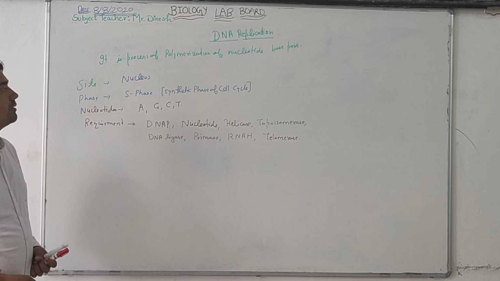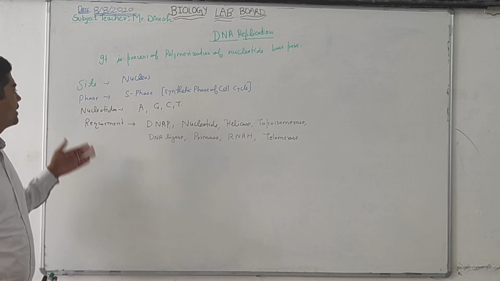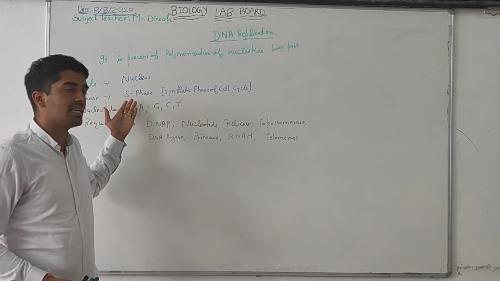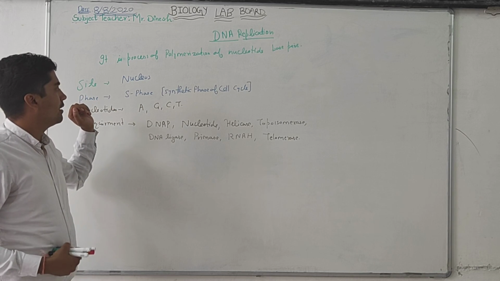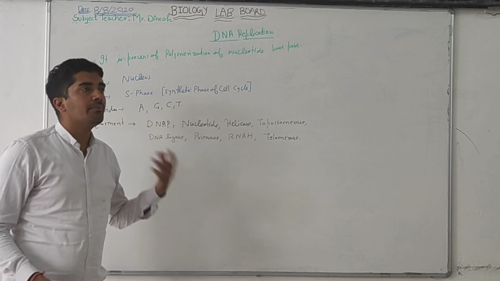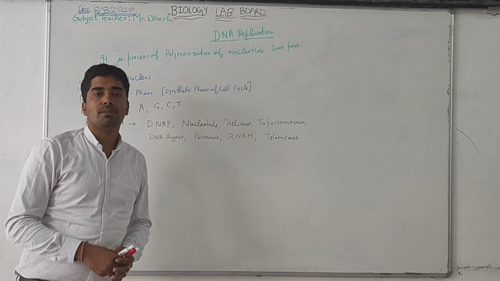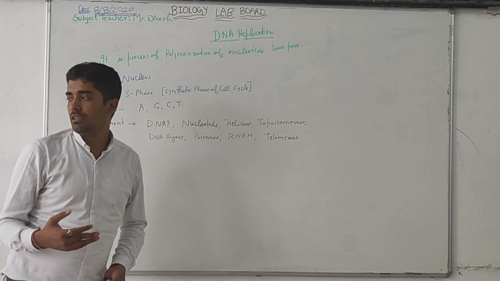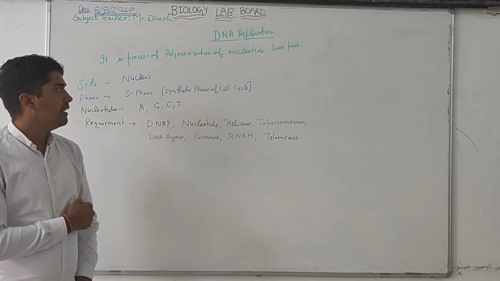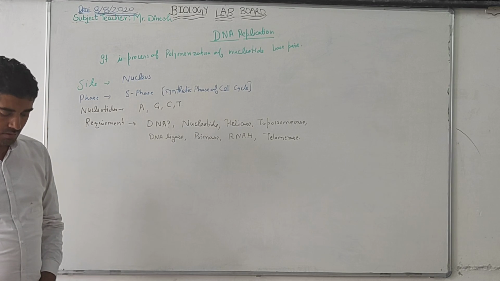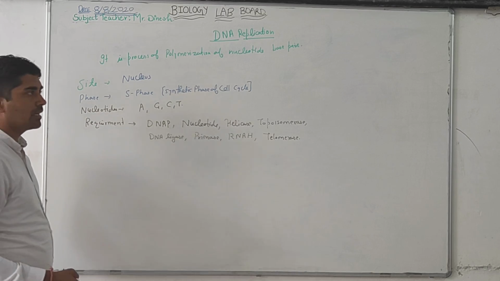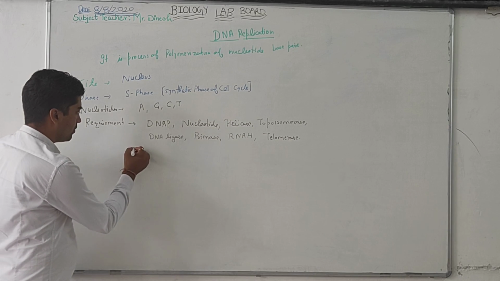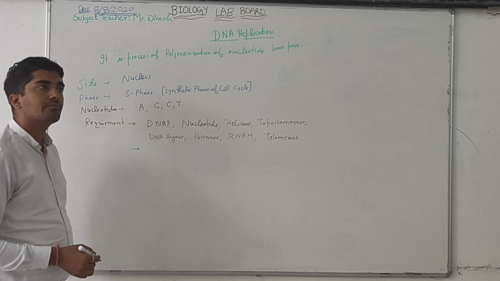These are the basic requirements of DNA replication. So we have seen that it takes place in the S phase of the cell cycle, and the site is the nucleus. Why does it take place? It takes place to make the next progeny or any other progeny in the next cycle. So let's look at the process, but before this I would like to explain some facts.